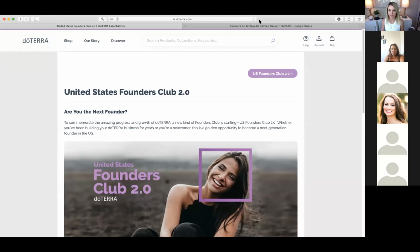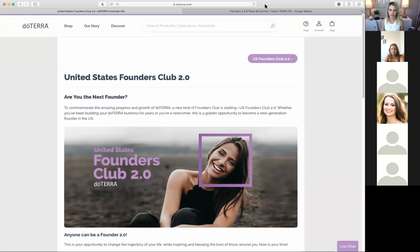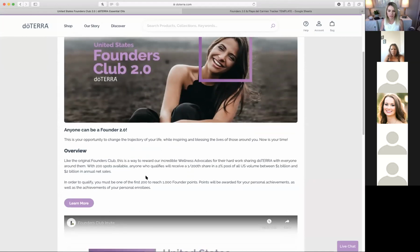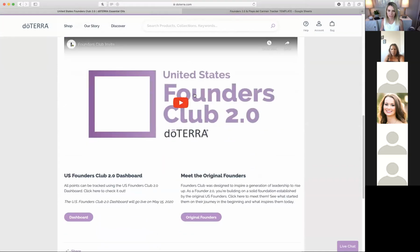So I'm going to share my screen with you. And again, this website is linked. I'm going to move this up. This is linked into the Facebook community page, but I want to show you guys kind of how to navigate this too, because I actually printed a lot of these resources. So this just gives you kind of an invite. To me, it's not a super helpful video. It's a really sweet video from the old founders, but